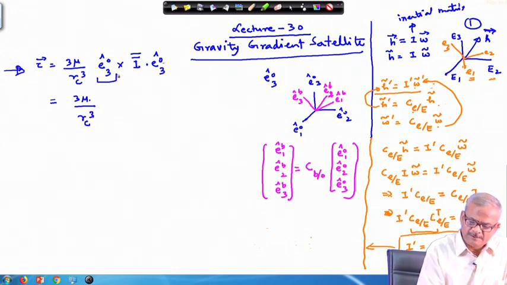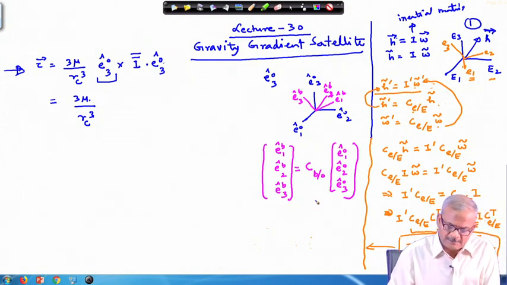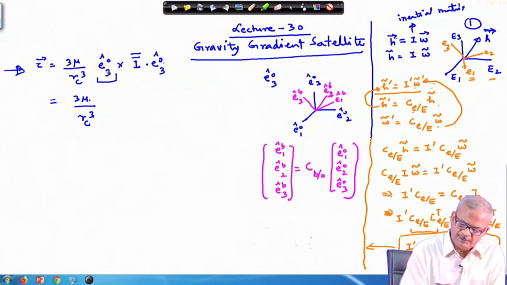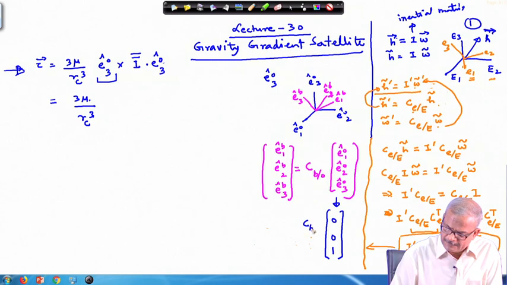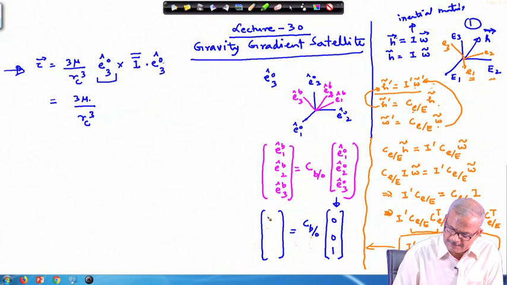So, this we need to express in terms of the body frame system. Here, let us say that this is a unit vector along the third direction of the orbital frame. If we write it in a proper way, this will be equivalent to 1 0 0, then C B 0 on this side, and here you will get all these quantities E cap B 1, E cap B 2 and E cap B 3.